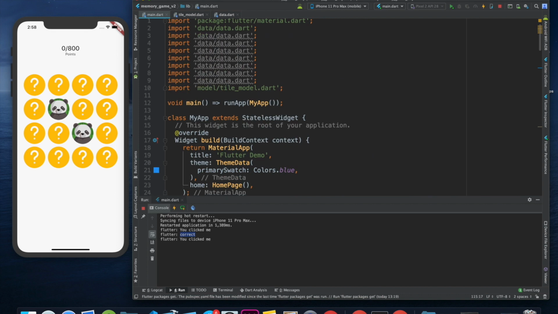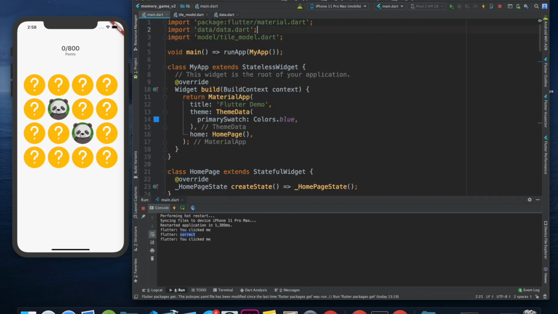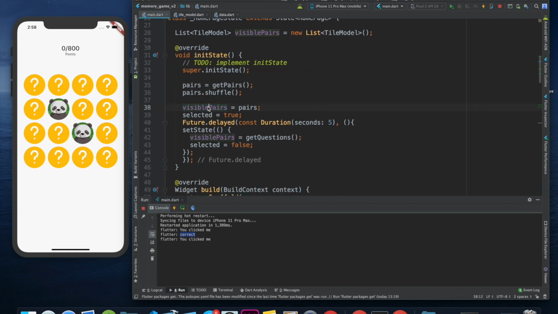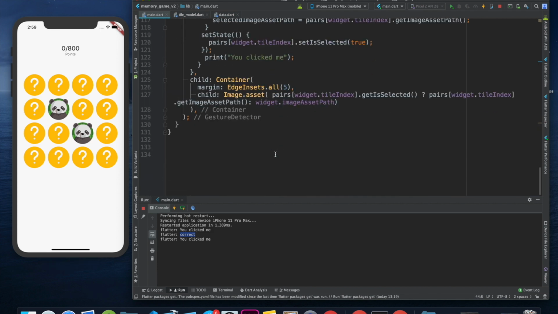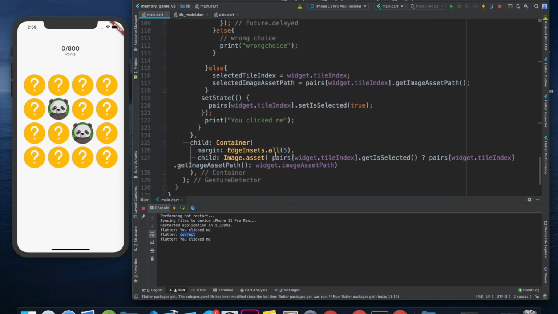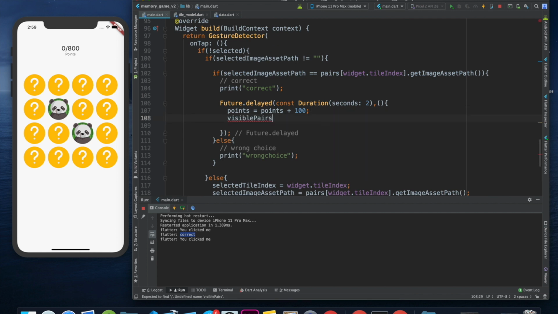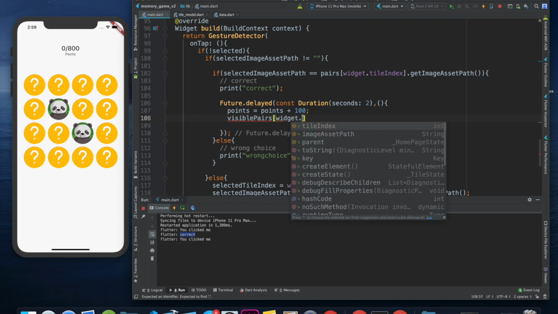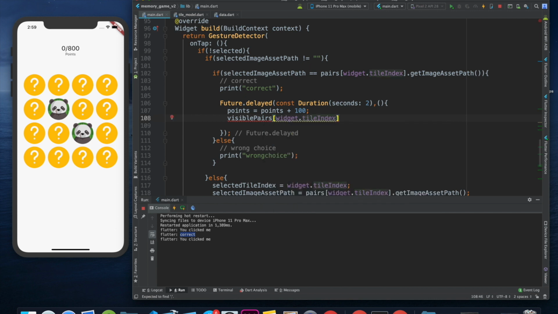So we have this. I don't know why this is getting imported a lot of times. We just want it once, and we have this visiblepairs. We can directly update this, like we can update the visible pairs so that this and this point are updated to correct. So let's just try that out. I'm going to come over here to visiblePairs and give it an index. We will go for widget.tileIndex, I think that's correct, yeah. And we will say dot,